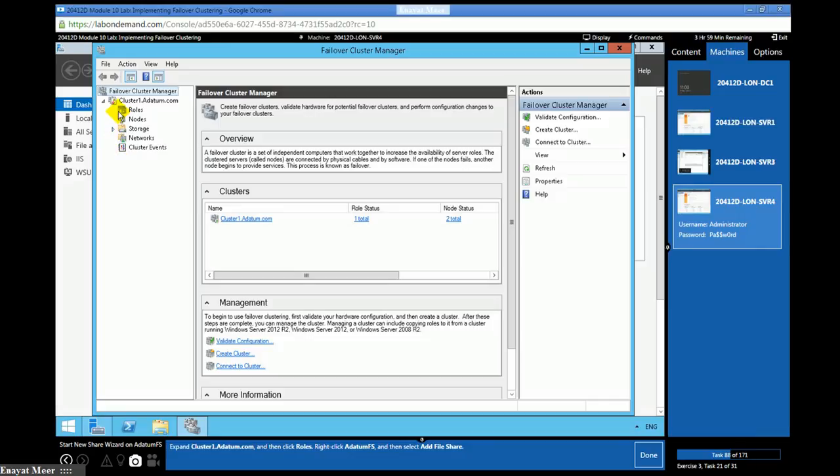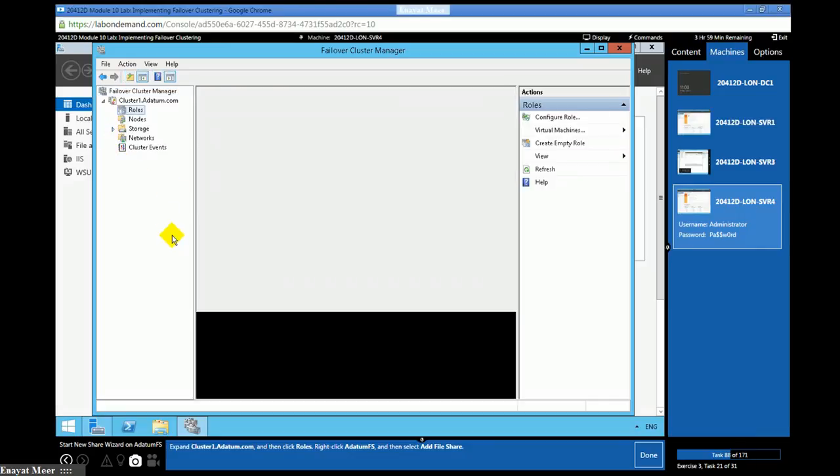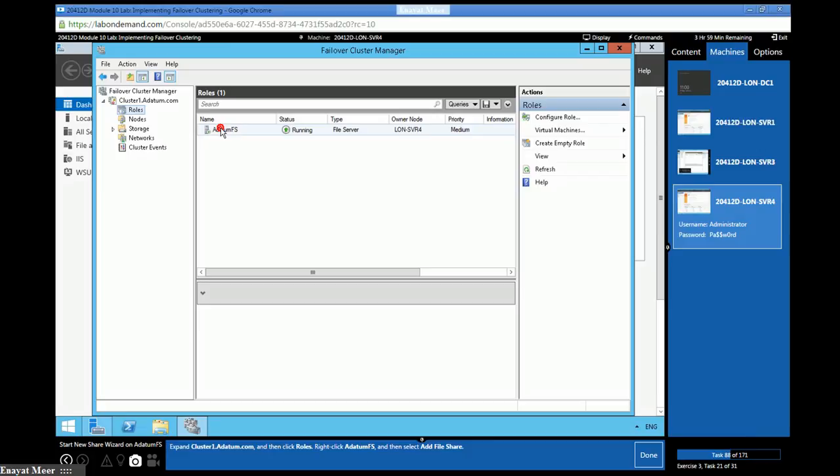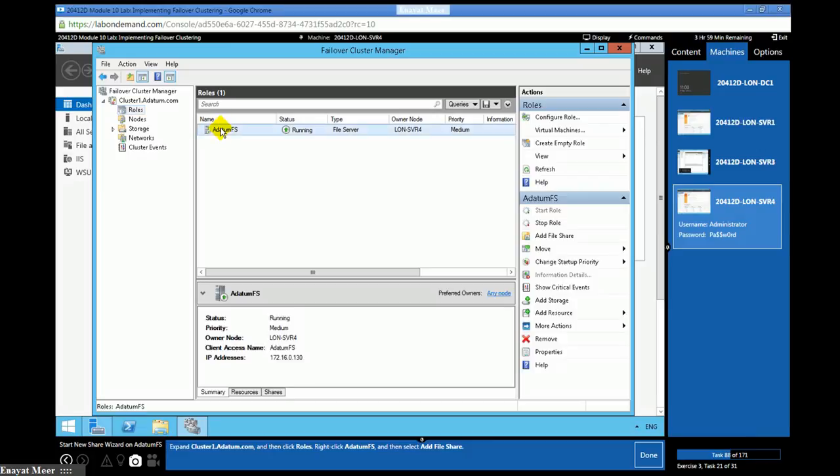So you're going to have Roles here, and you will see our ADATUM FS role is available, and you're going to add a file share.